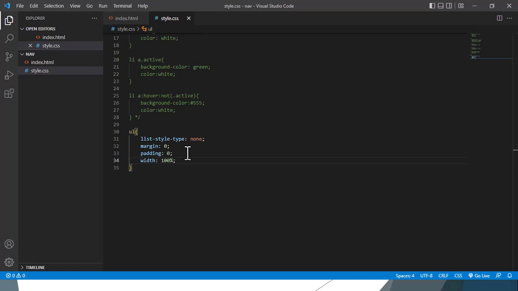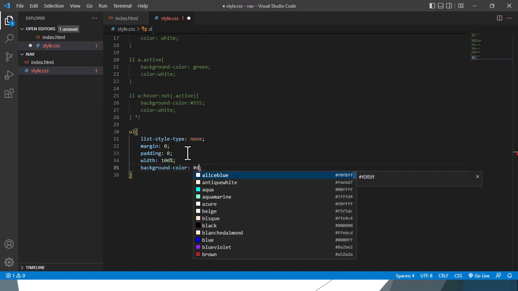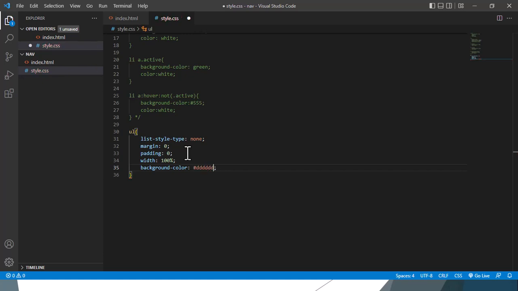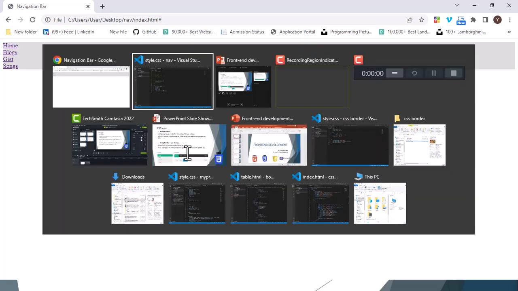So give it a background color of, okay, so we give it a background color of, okay, give it this background color, refresh. All right, so the next thing we'll do here